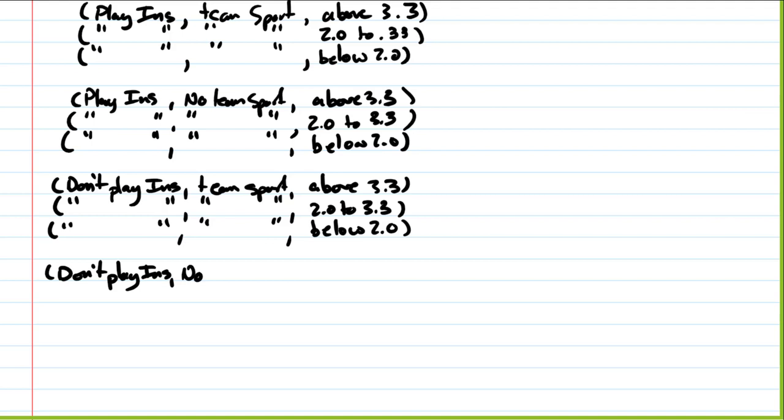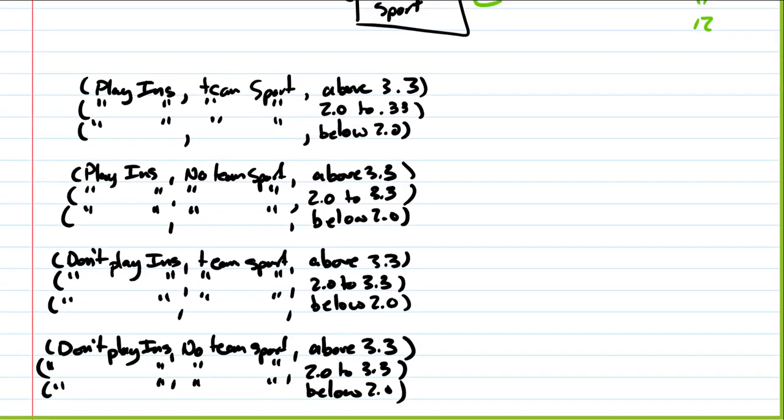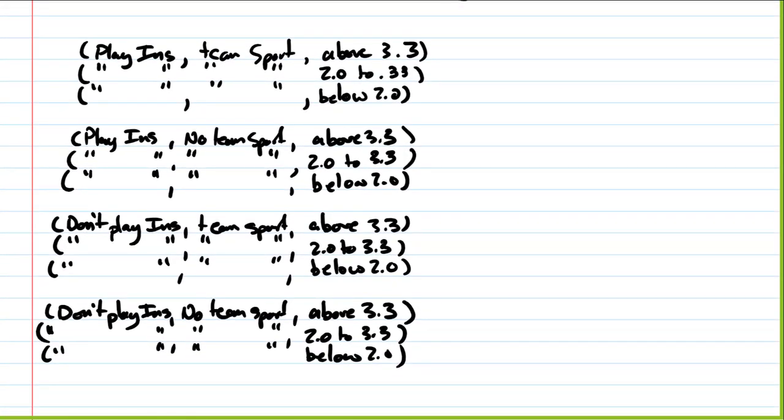No team sport. And then above 3.3. First two don't change. 2.0 to 3.3. And below 2.0. So in this case, it was still a little tedious, but we could list all 12 possible